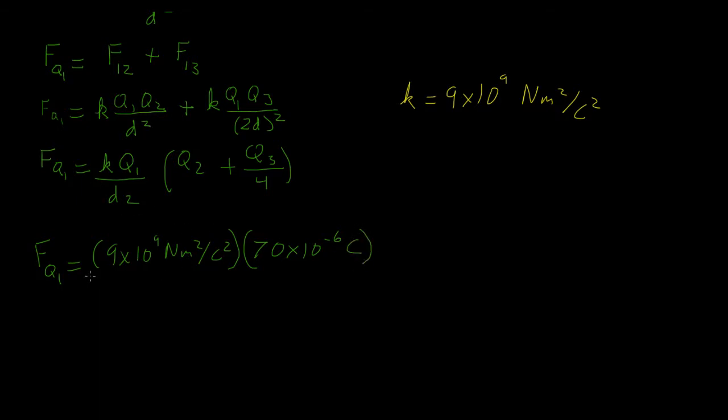That's the same thing as micro. And then we will divide by D squared. So remember that D is 0.35 meters, squared. And then I need to multiply by Q2 plus Q3 over 4. So Q2